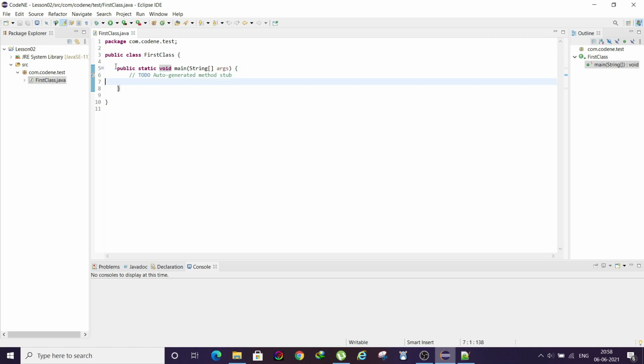The main method needs to be accessible from outside the class, which is why it has to be public. Static means that the static block of code is always read first by the compiler or interpreter. The main method returns void, that's why it needs to be void. And the main method accepts an array of string, that is why we need to declare that as well.